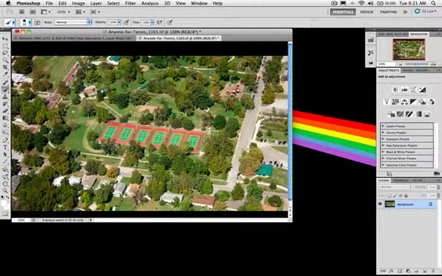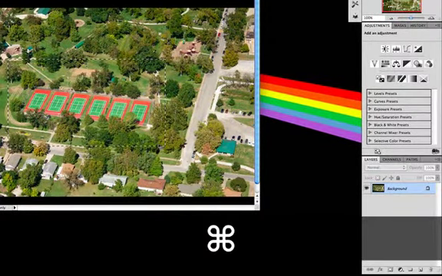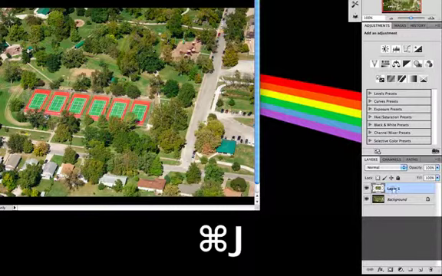Okay, I've got another picture here I can do a similar effect with, but instead of just doing an area with a brush, I can actually do a box with a selection. So say I just want like the rough area of the tennis courts there, so I can click and drag a selection, and then I want to put that on a new layer, so I hit Command J to put that selection on a new layer,